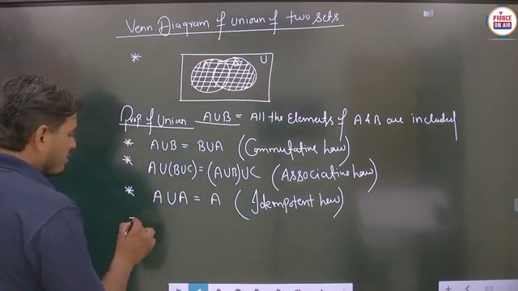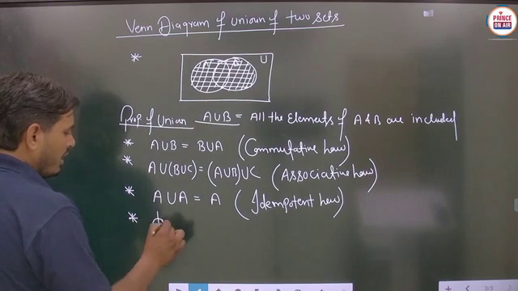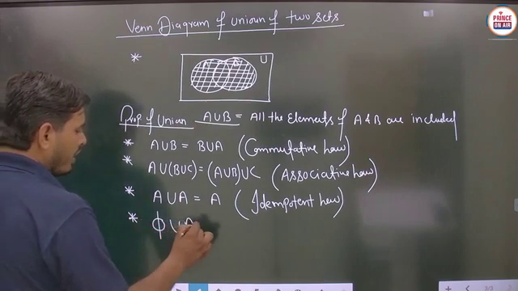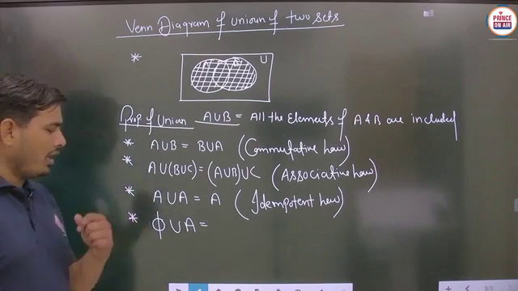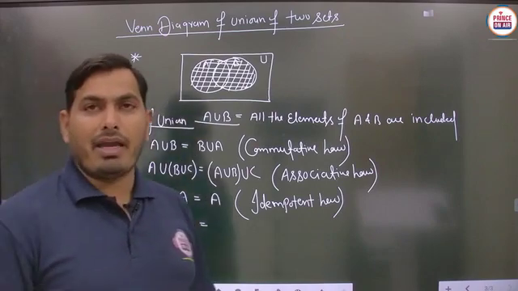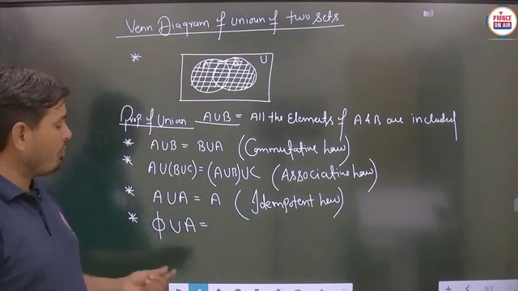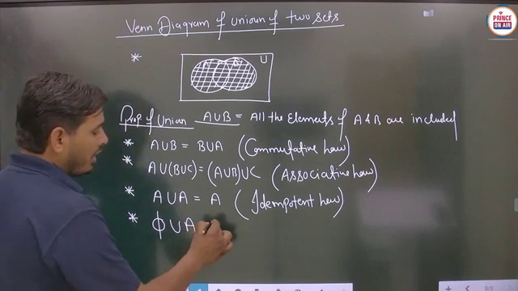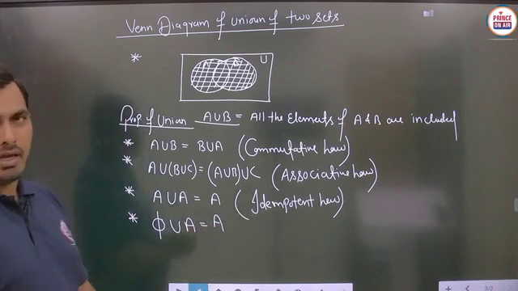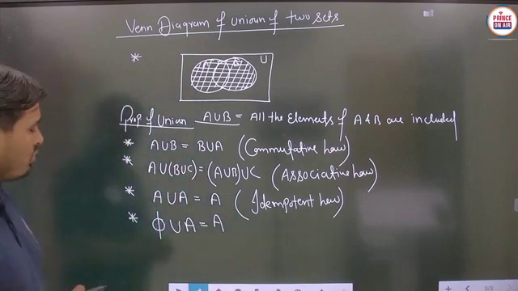Next, student, we have to take one important property. Suppose we take phi union A, then what are we saying? Basically, phi is known as the empty set. You know very well, phi is the empty set, meaning no particular element is involved here, and here the set A is there. Then again the answer is obtained as set A, because we have to write again the elements of A here. Is it to be clear?